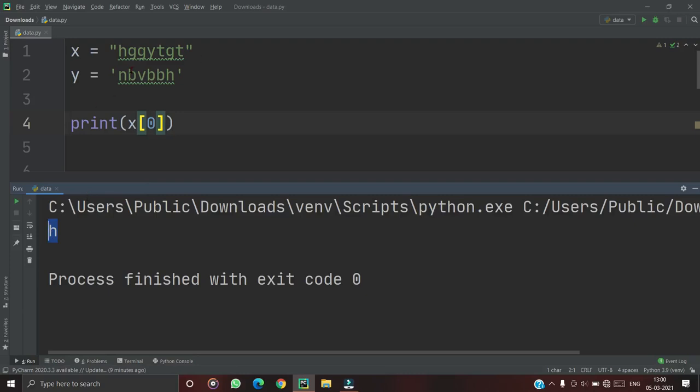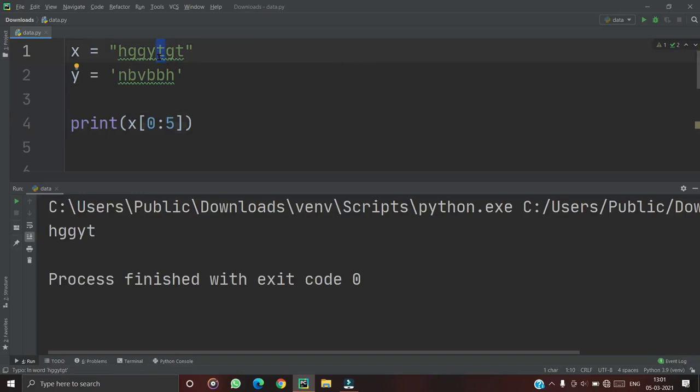If we run this, it only prints h. So by this technique, we can easily access the elements or values in the strings. Suppose we want to access the values from the first element up to any element in the middle. We just need to add a colon and type the index number of that element, like 5. We run this, and it will print up to this t: 0, 1, 2, 3, 4. It will not print the number which is here. It always prints up to the number minus 1, which is 4, so it will print up to t.